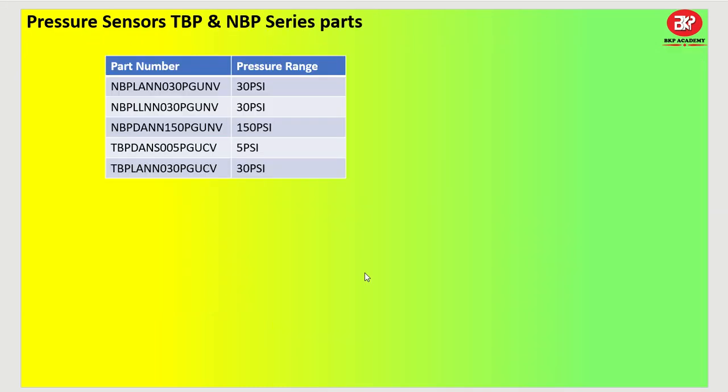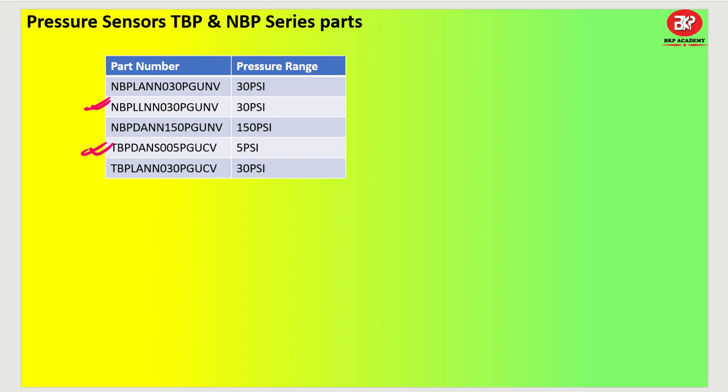What I have done is I have identified two part numbers. One will be 30 psi. Okay, so for 30 psi I will be taking this one, the leadless as well as barbless. Okay, and 5 psi for our blood pressure monitor, that will be with barb, or if you want, you can have it without barb also.